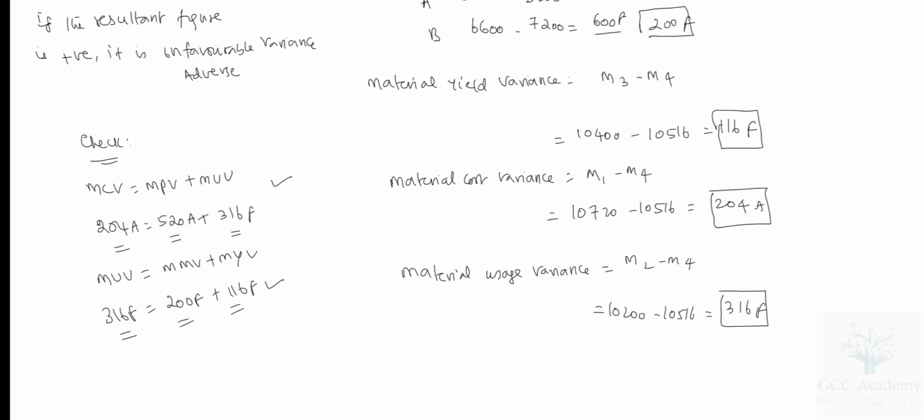And in the next session, I want you to spend some time and go through this, so that I can work out some more problems on material variances in the next session, and then we'll follow it up with labor variances and other variances. Okay, so go through this and let me know whatever doubts you might have, so that I can clarify to you before you proceed to work out more problems on this. And I'll also try to work out more problems in the next session on standard costing.